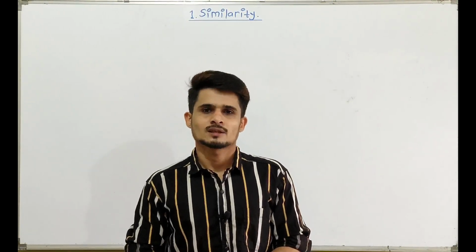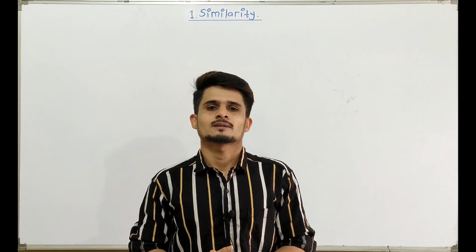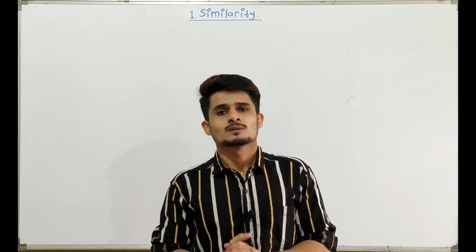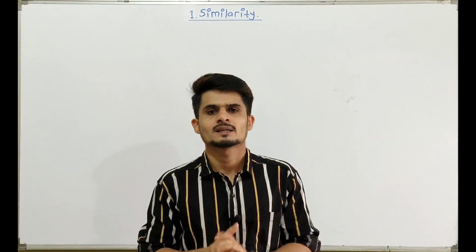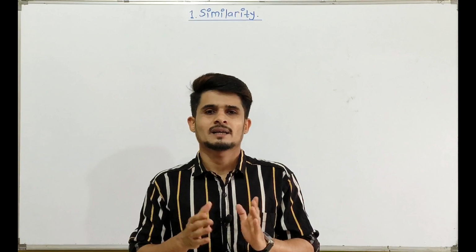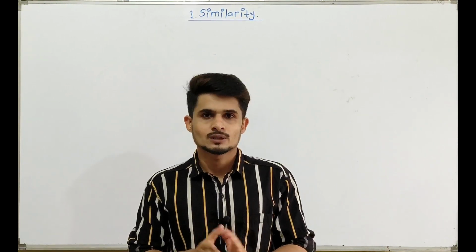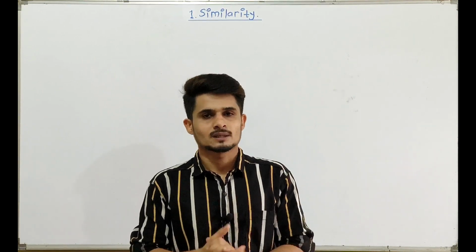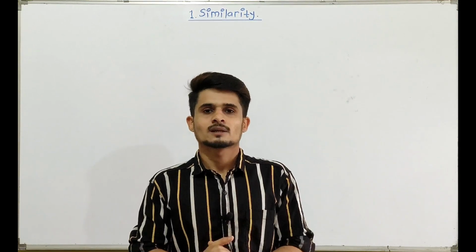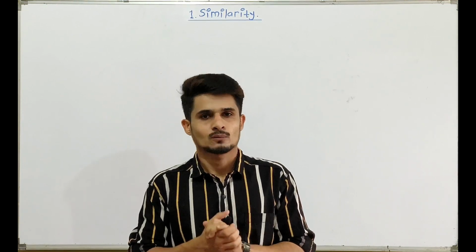Today we'll be studying geometry chapter number 1, similarity, exercise number 1.1. In this exercise we'll be studying about the triangles, that is height and a base of triangle and the ratio of areas of two triangles. So watch the video till the end, do not skip any part and solve it simultaneously so that you will be clear with the questions and a concept of exercise 1.1.